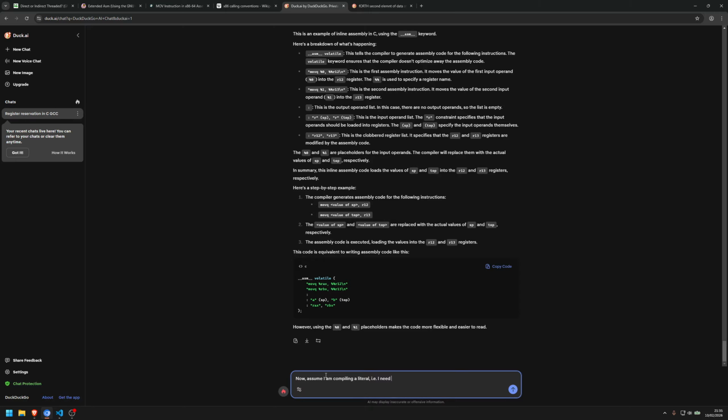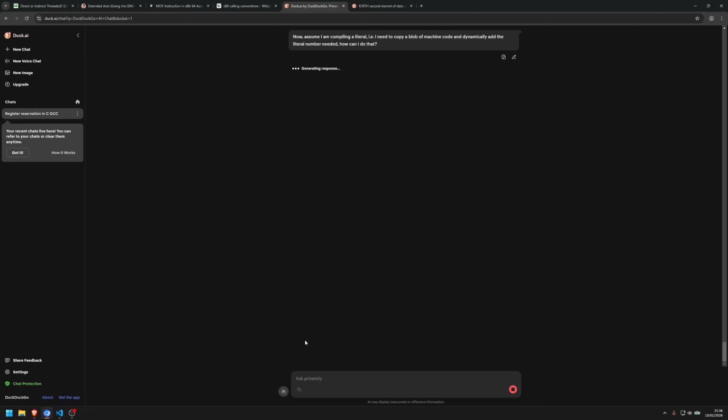I need to copy a block of machine code and dynamically add the literal number needed. How can I do that? That is a very interesting question to ask a Clanker, because this was the initial question I